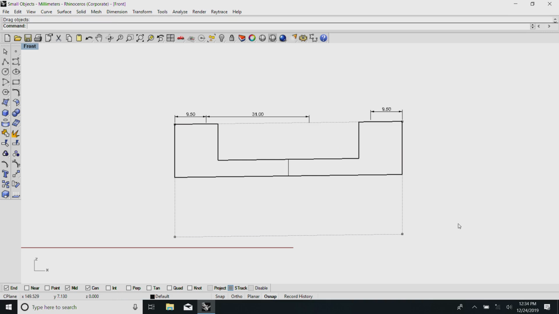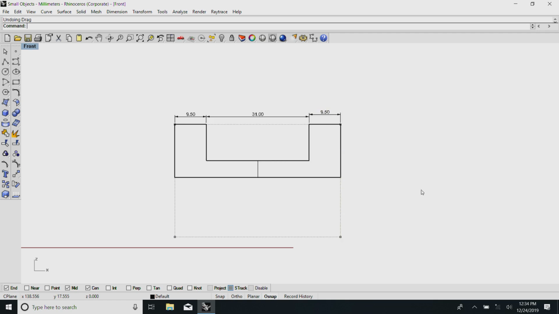I have modified this such that it has stretched itself across, and in this case I have not taken care of the dimension. So, now I will take care of this dimension also, and now all the defining points of the dimension are also there.